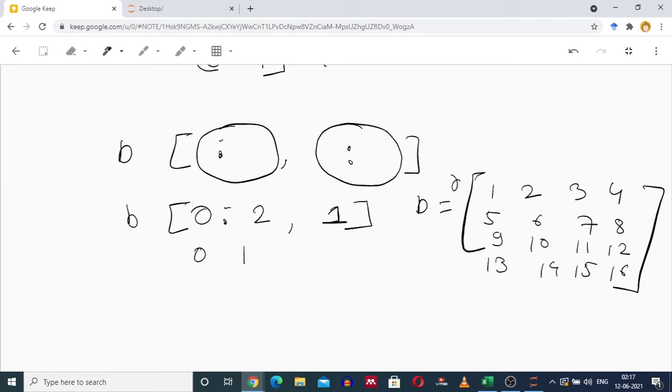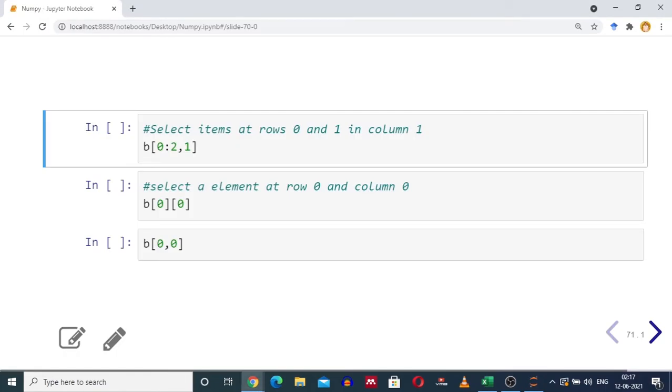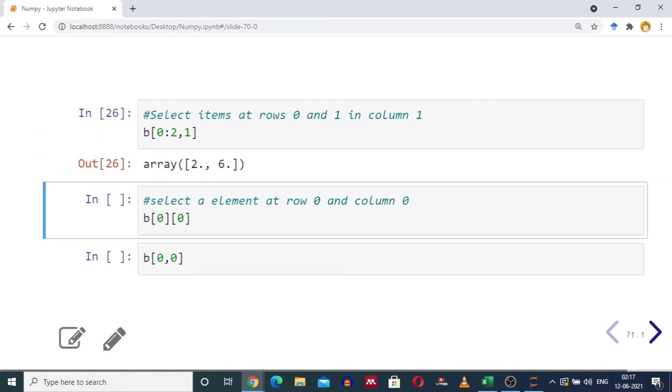This is row 0, row 1, and the element at index 1, which is 2 and 6. So output will be 2, 6. Cross checking the output, you have 2, 6.